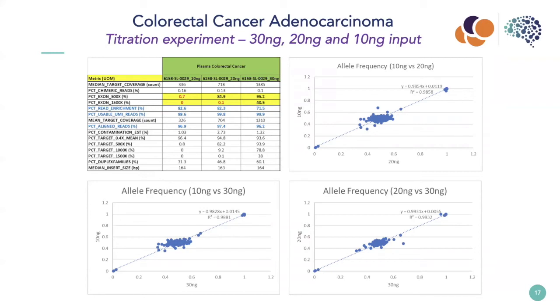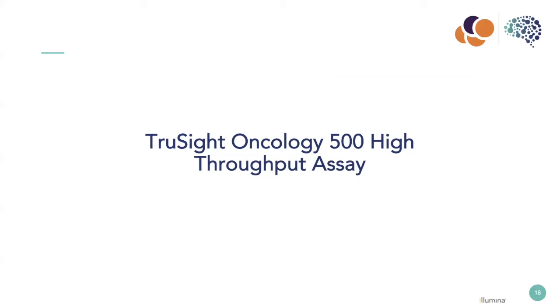And this is really the case for most of the samples, or I should say most of the allele frequencies, but as expected, the allele frequencies in the middle to lower end of the range become more reproducible as you go up in input amount. So again, more data to really hammer home the point that for the cell-free DNA assay, with the specific goal of detecting some of these circulating tumor markers, 30 nanograms or more of input is a very important benchmark. So shifting gears a bit to the high throughput assay,